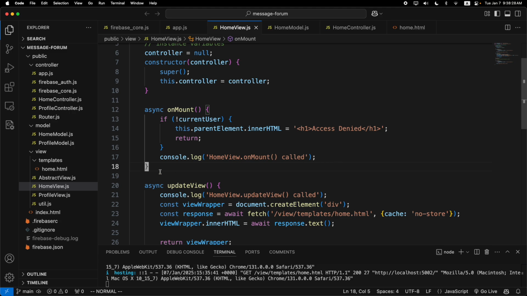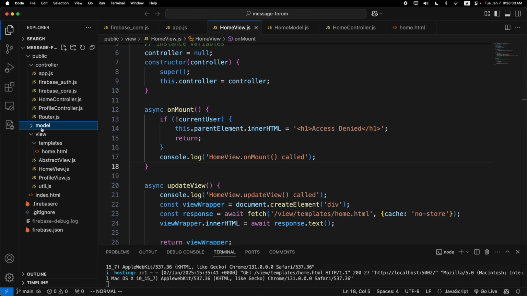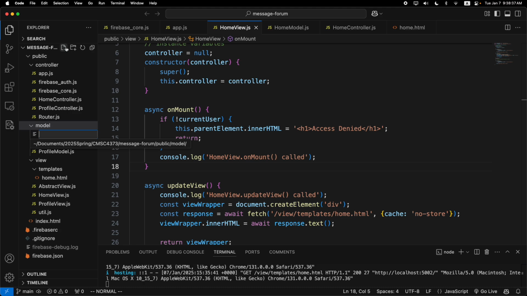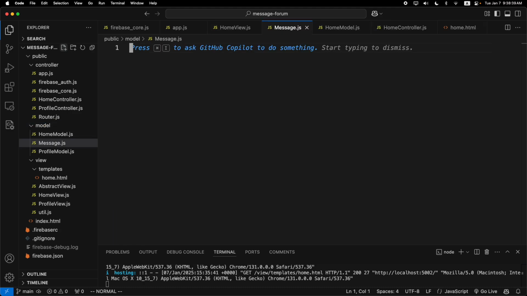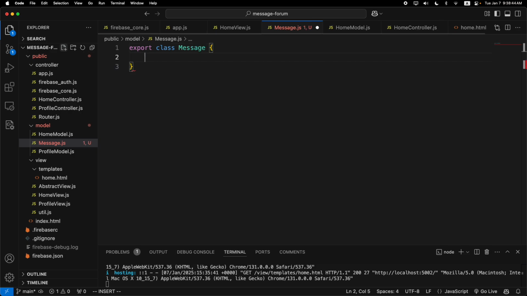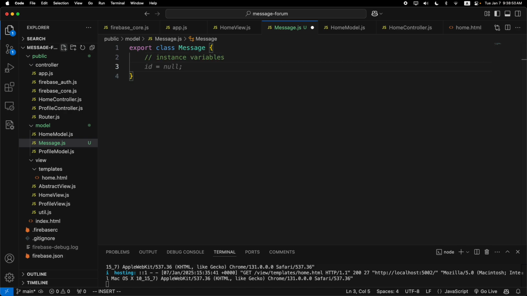Let's begin with defining a model to represent the one message. Under the model subfolder, let's define a class named Message. Export class Message. The instance variables we are going to use in this class are, first, uid, the user ID. Now this is a user ID generated by